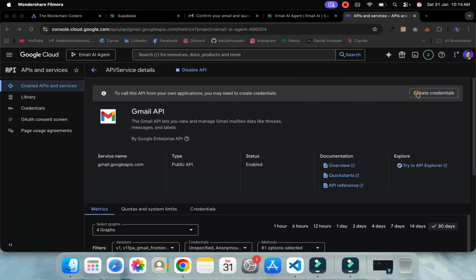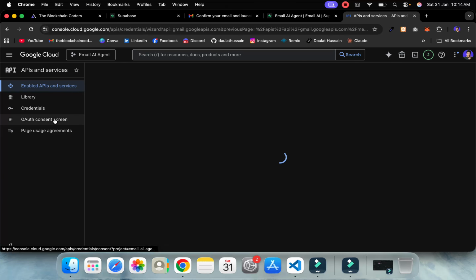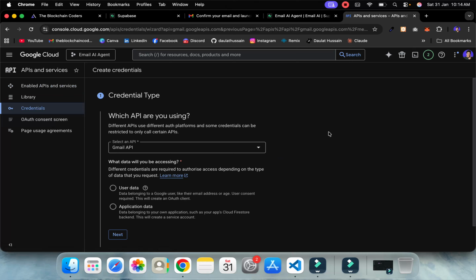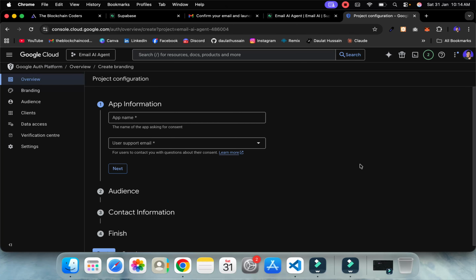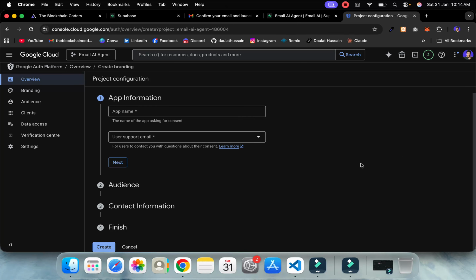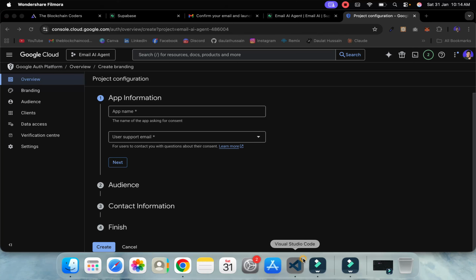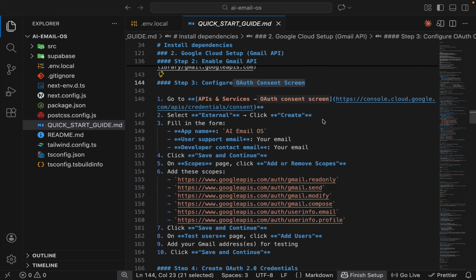You can come back here, click on this credential here, or you can also click here in the OAuth screen and it will take you to the same place. So if I click here in the OAuth screen, right now you don't have anything. You can click on this start and here you can create all the credential. So you can give the app name, email ID, that's all you need to provide. So if I go here, you will find what details I can provide. So I can give my name, let's give the same name, copy paste,